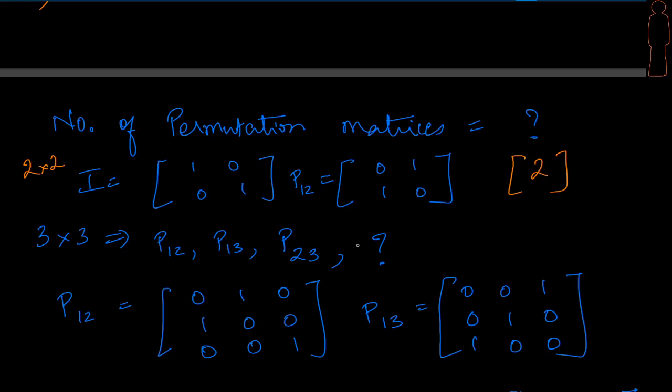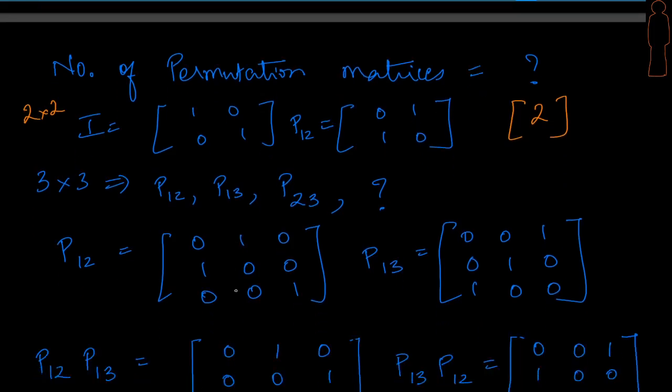It seems to me that the combinations are done because I have 1 2 3. I can do 1 2, I can do 1 3, I can do 2 3. So remember that doing 2 1 or 3 1 is the same as 1 2 or 1 3, because what do we mean by saying swapping rows 1 and 3 or 3 and 1? It's going to be the same. Okay, but here is a beautiful and interesting fact.